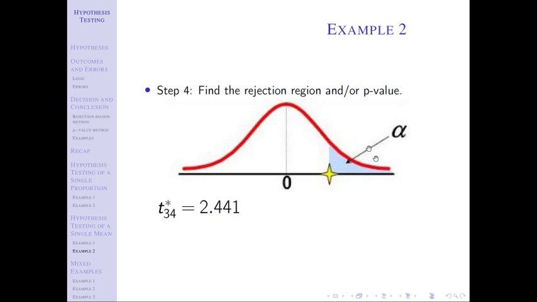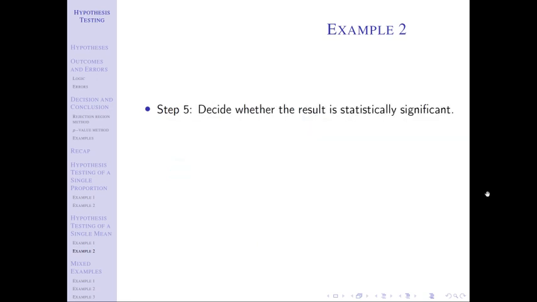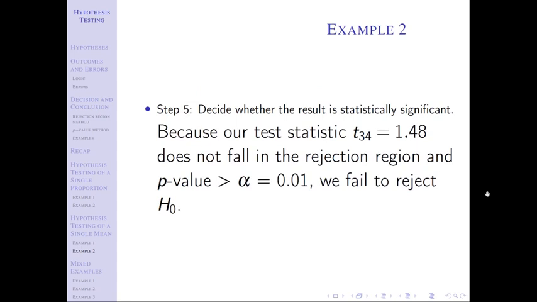And so then when I have my test statistic, it's going to fall somewhere over here as 1.48. It doesn't have to be to scale, just the idea is it's not in that shaded region. That means we're going to fail to reject. When we find our p-value, we should get the same thing. We have a right-tailed test, so we have a greater than probability statement. And Excel should give you 0.074, which is a relatively small p-value, but it's still greater than my significance level of 0.01. So I summarize that. We did not fall in the rejection region. The p-value is larger than alpha, so we failed to reject the null.